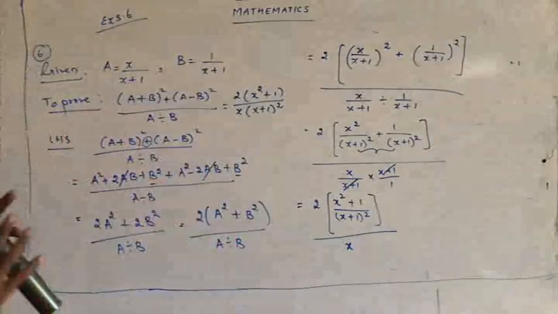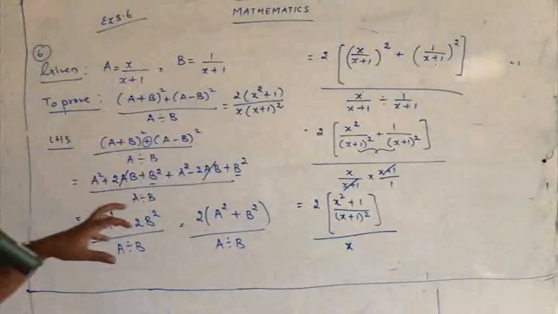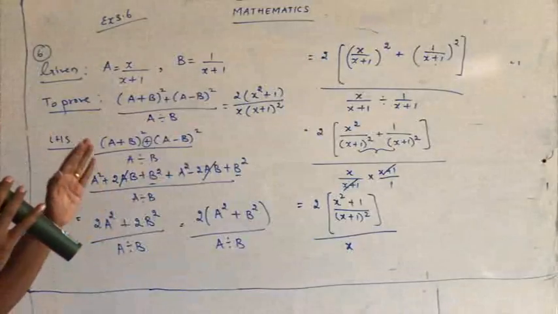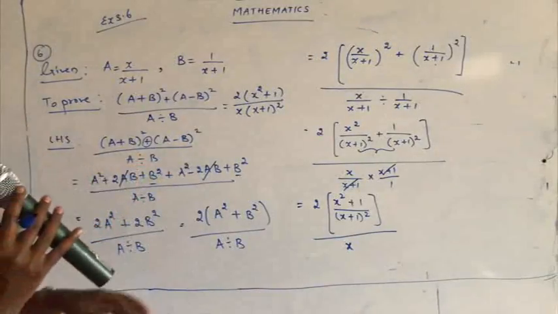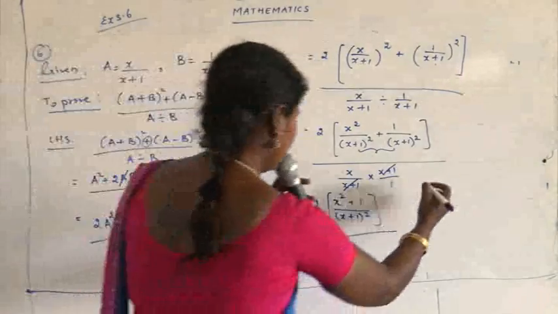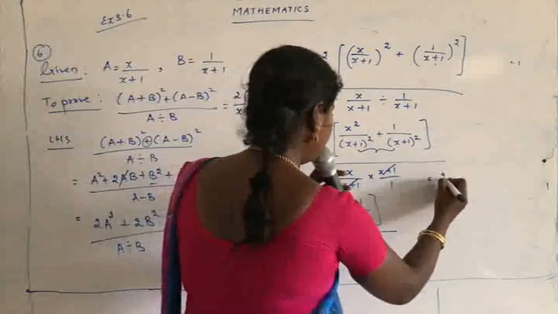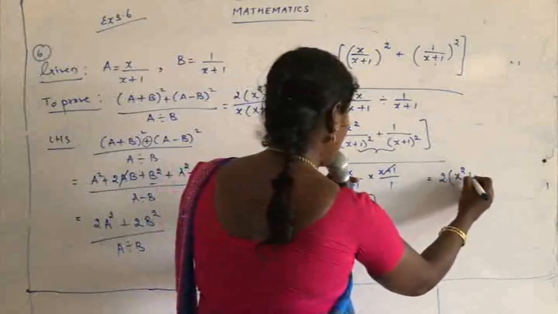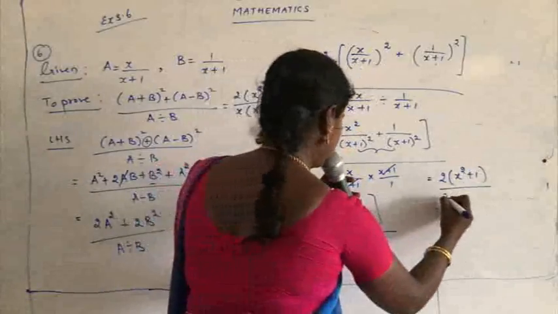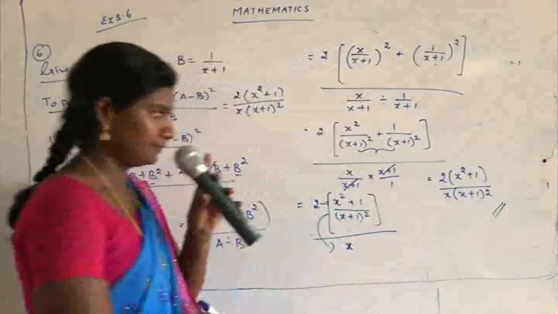Yes. So now we are going to arrange it in a systematic form. In the numerator part itself we have a numerator and denominator form. Yes, children? So we are going to make it as a single numerator and a single denominator. So let's see how to do the changes. So this becomes 2. See, this 2 goes to the numerator part. So you get 2 x square plus 1 upon, this part comes over here, so x into x plus 1 the whole square.